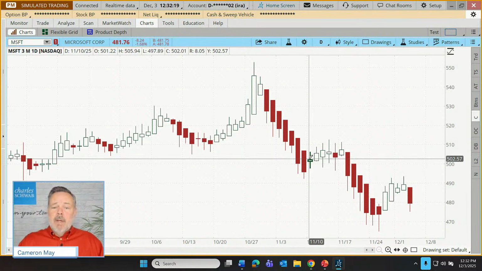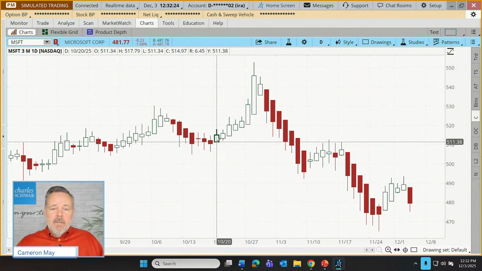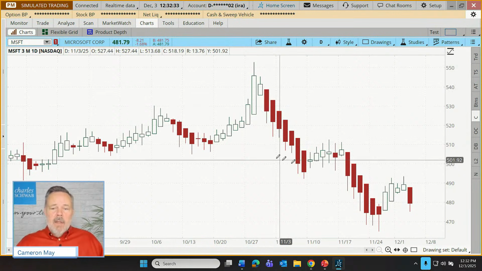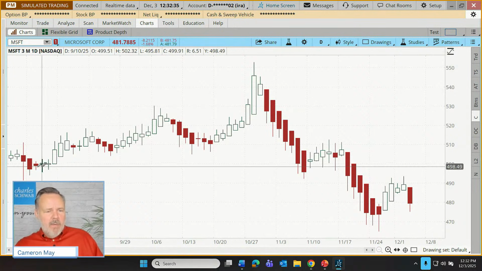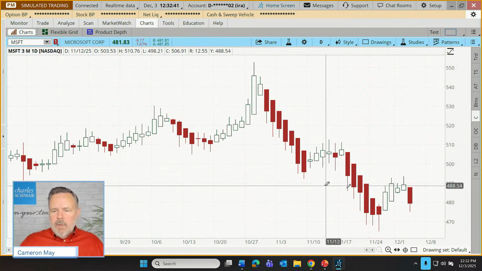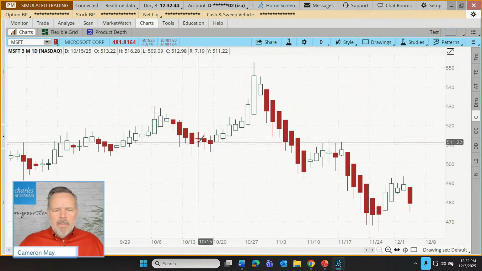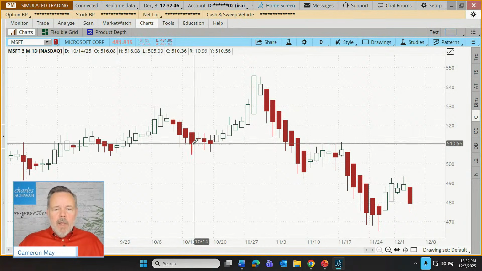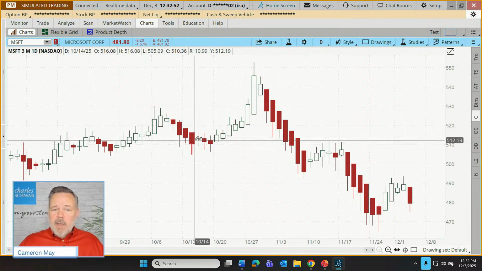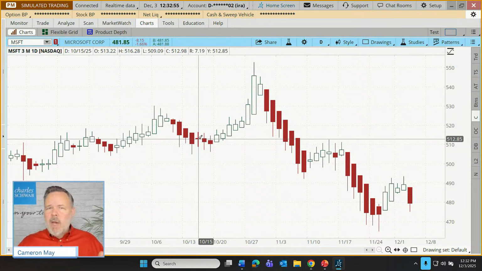What's the color scheme? Well, this is an open to close color scheme. So with Heikin Ashi candles, if we rise from open to close, we get a white candle. If we fall from open to close, we get a red candle. So there's an example. Let's see if I can find one. Yeah, like right here is a red one where we actually rose from yesterday. So close to close, this would be up, which would seem to indicate, shouldn't we have a white candle here? Nope. We're looking at open to close.